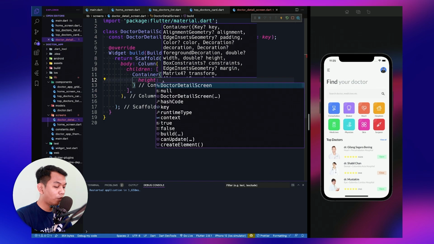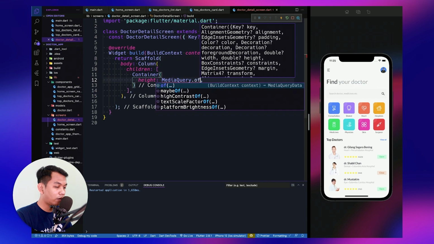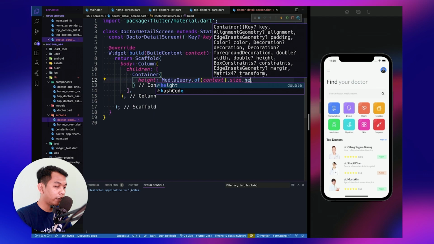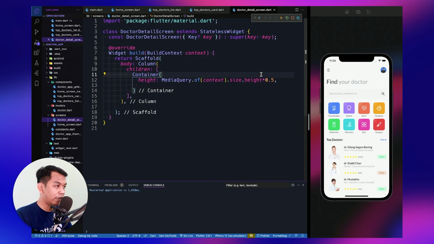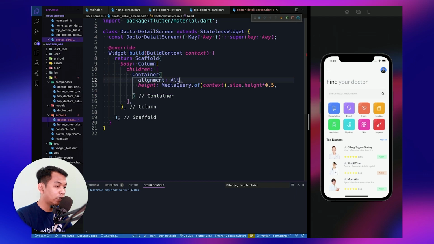For the height, we say MediaQuery.of(context).size.height * 0.5, which will be half of our screen height. And for the alignment, we set it to Alignment.topCenter, so it will be on the top.